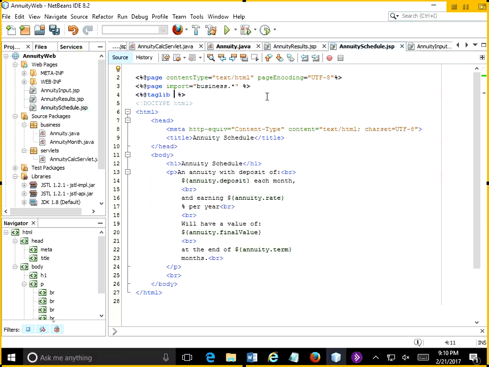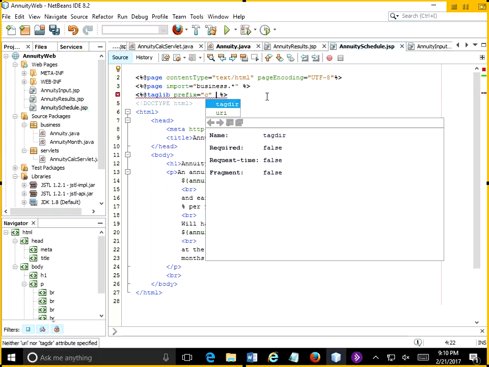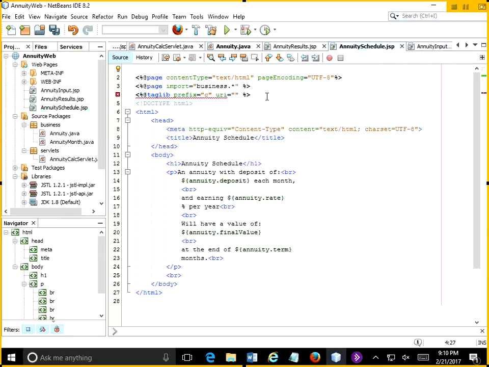So %@taglib is the scriptlet. And the prefix, and this is just by standard or by convention, the prefix is C. So that now anytime we create our own tags that start with C, we're actually going to be referencing something in the standard tag library. The URI is the resource, so it's kind of like a URL, but it's an internal project resource, and that needs to have the following: